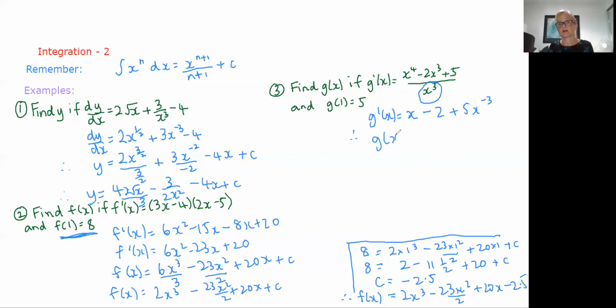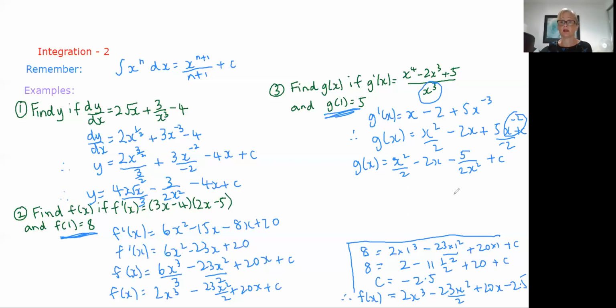All right, so g of x, integrating, we're going to get x squared on 2 minus 2x, now plus our 5x to the negative 2 on negative 2, plus our c. We must not forget that c. Let's just tidy this up a little bit. So g of x is x squared on 2 minus 2x, so minus 5 on 2x squared plus our c. Just remember, if you have a negative index, that's the same as the reciprocal, so that will end up in the denominator. Now, we're told information in the question that will enable us to find c,